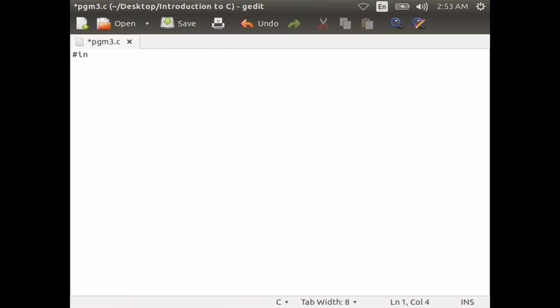Now, let us type this program. #include <stdio.h>, then declare the structure: struct student within curly braces, char name of size 50, int roll, float marks, then close the curly brace, semicolon.